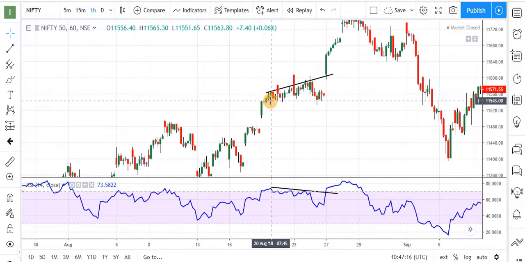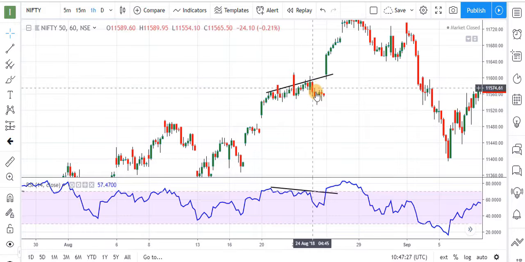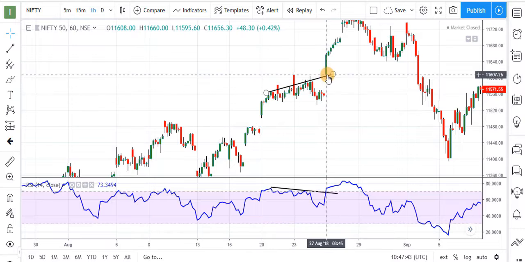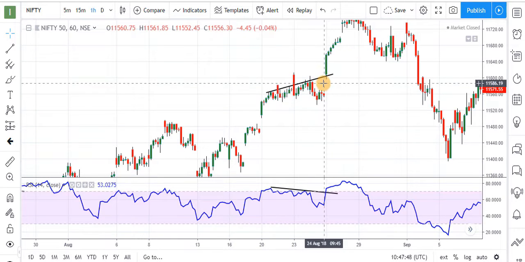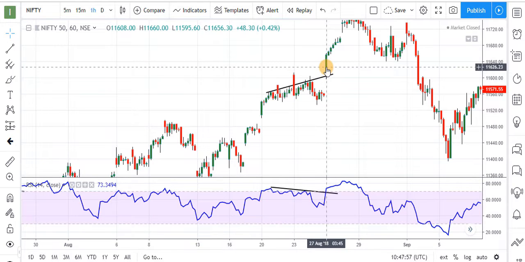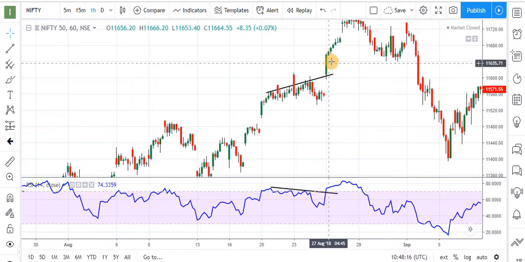See, here is one more example. Prices are continuously moving in upward direction. Here we are getting a small retracement, but suddenly we get a breakout candle of this line, and this was a gap up opening. Also on RSI, we get a breakout in upward direction at this green candle. So we can make our buy position at the next candle because in this case momentum is very high. This is a gap up opening and this is a very long green candle. It means momentum is very high.